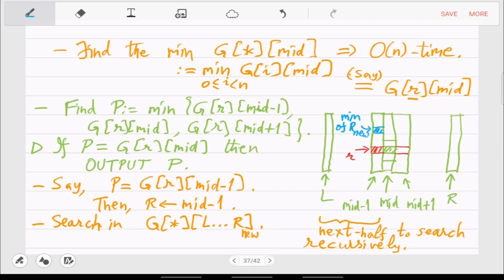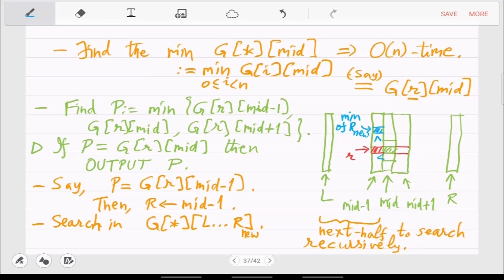So that's all. So this is less, and this is also less, which means that blue is less than green. Now green is less than every other element in the mid column. So blue is also smaller than every other element. So we are only working with the less than symbol.